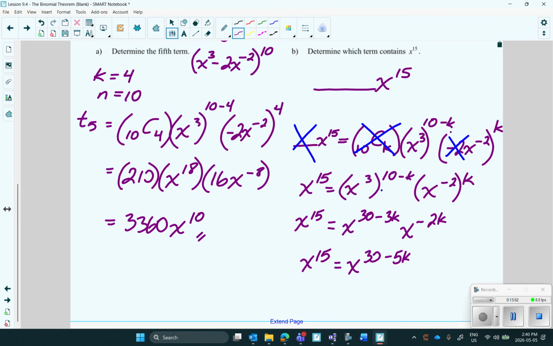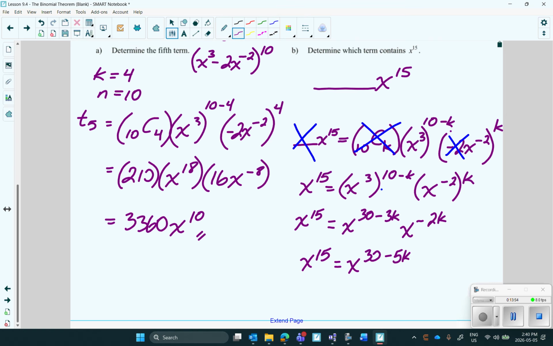Okay, what can I do with the x's? Yeah, they just cancel out, right? We're solving an exponential equation here. So yes, you're right. We're left with 15 equals 30 minus 5k. Well, you can move the 30 over here and you get negative 15 is equal to negative 5k. So k is 3. But I'm not done yet,